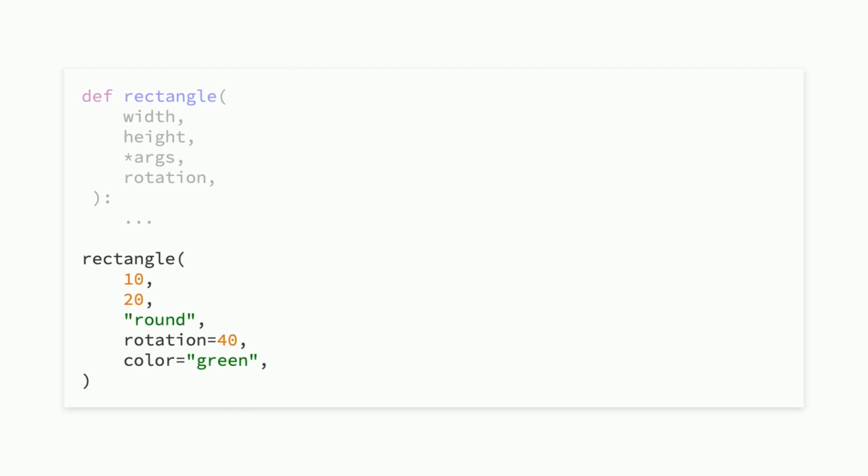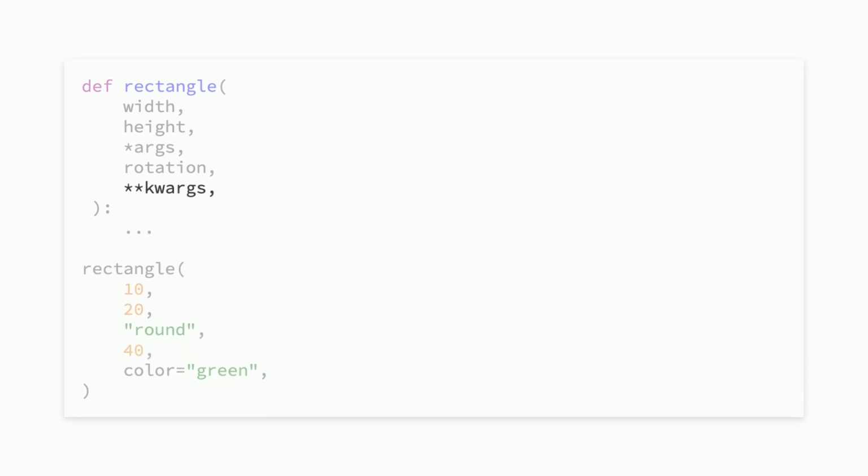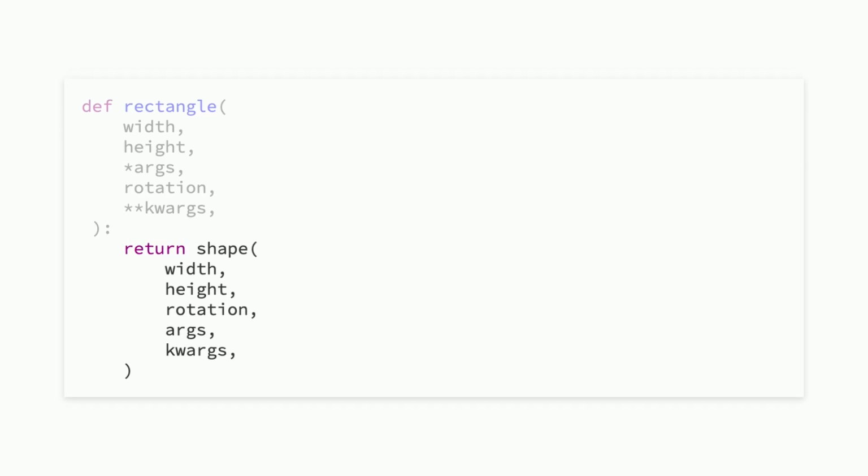What if we wanted to be sure that we could pass in all arguments? Then we could end the definition with double star kwargs, so that our function captures both. And this would let us pass in all extra arguments down to other functions. And similar to double star, which allows for unpacking within a function call, we can also do the same thing with star, to unpack into functions with variable arguments to respect the function's definition.